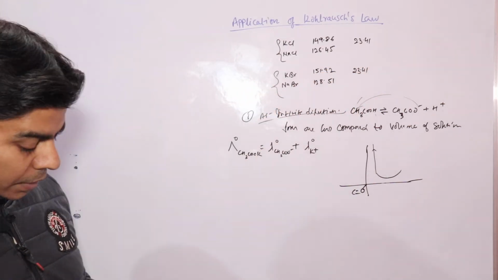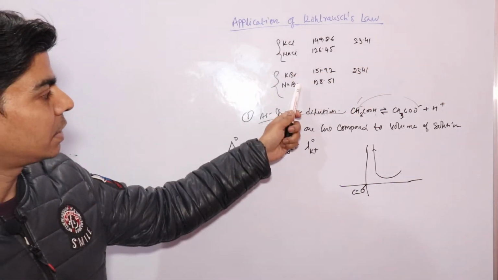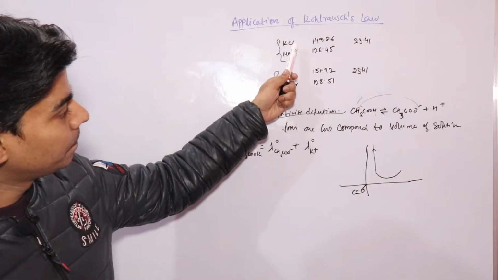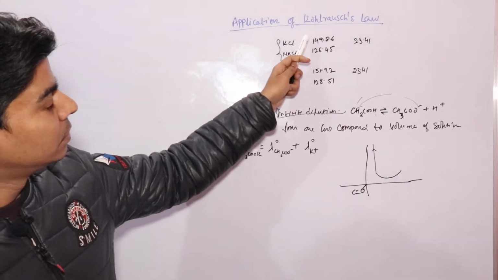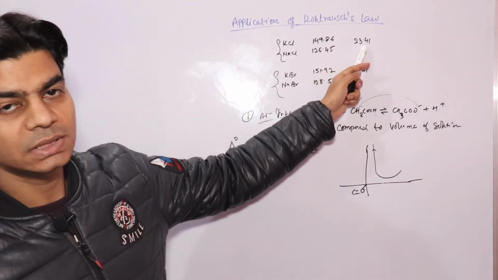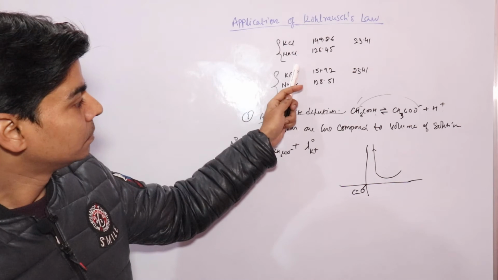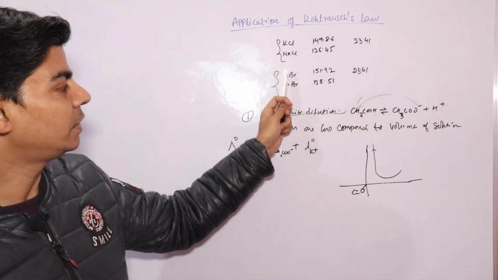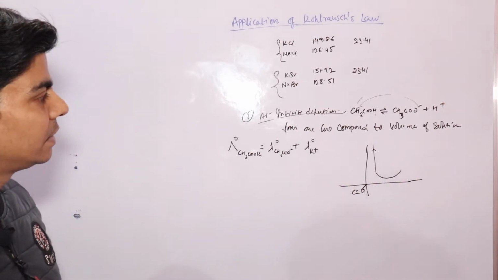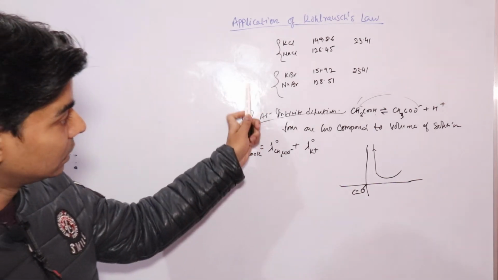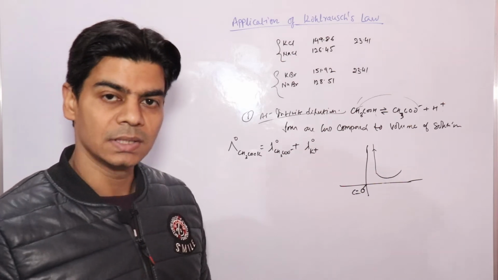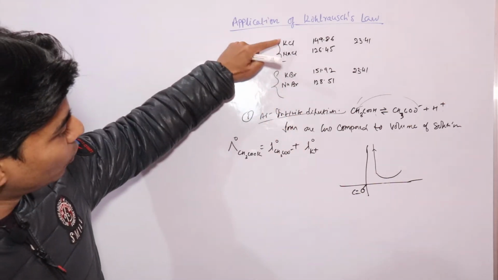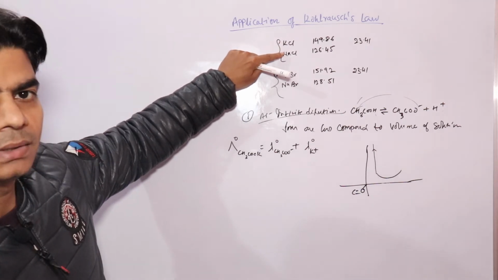Here the anion is chloride, here the anion is bromide, right? So in the first case, the difference in molar conductivities is the same. Here the difference in molar conductivities is also the same, although we have a different anion in the second case. So this experimental study made him conclude that